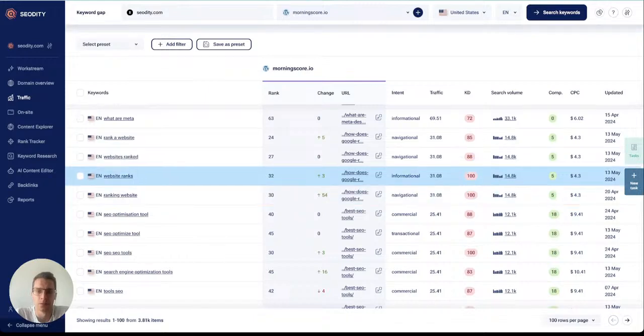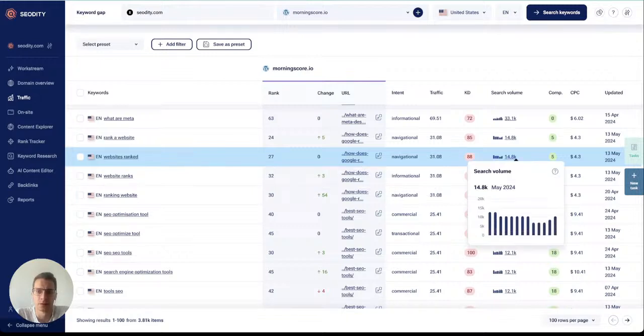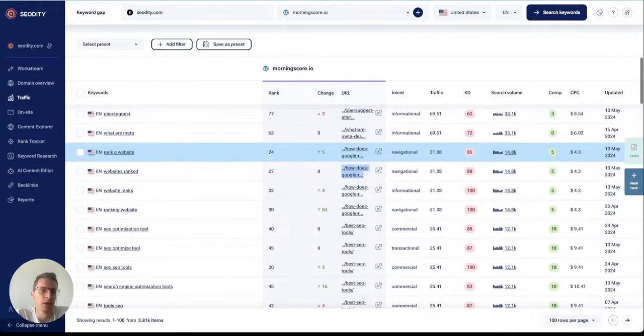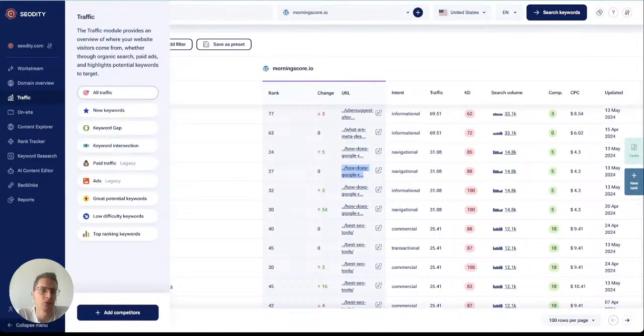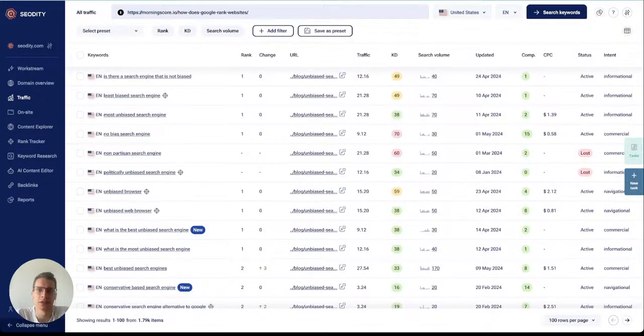Right here we have these keywords: website rank, and this article, how does Google rank websites? It seems like a good topic. It has quite a lot of search volume, so we want to learn more about this URL. We can copy a link address, go to all traffic, paste this URL here,